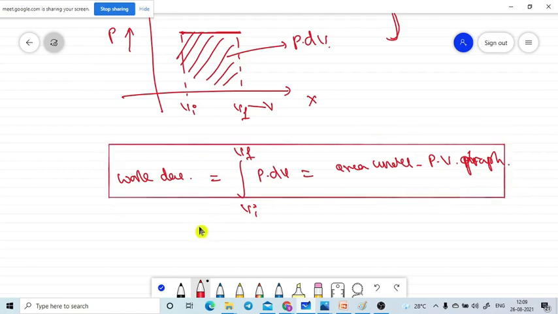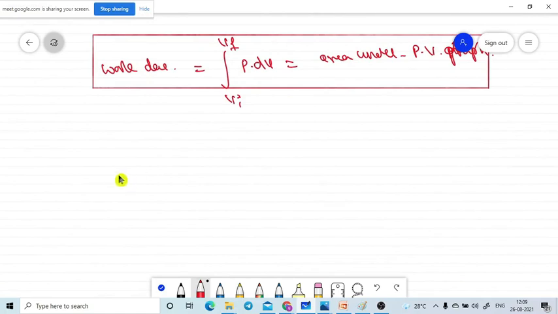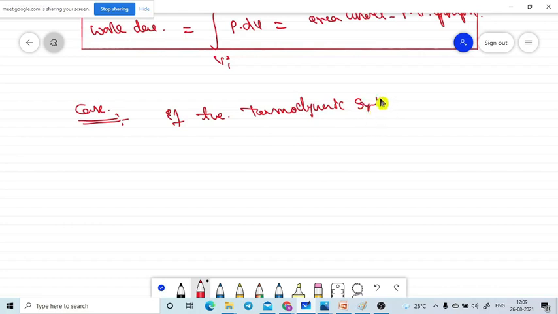Let me take, if the thermodynamic system is moving at a constant volume, the thermodynamic system is changing from one state to another state. What is the work done by the thermodynamic system? Is my question clear or not? Let me introduce the cases. I am taking the subcases: if the thermodynamic system is changed at a constant volume.